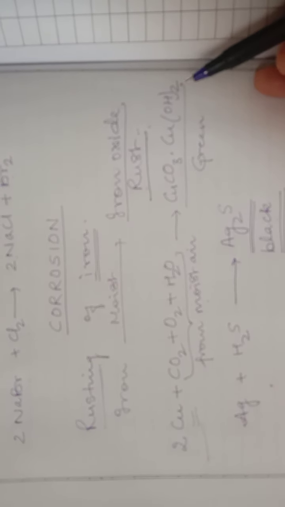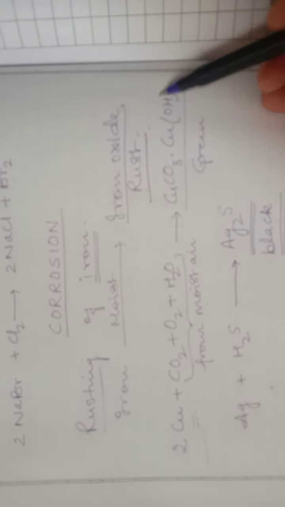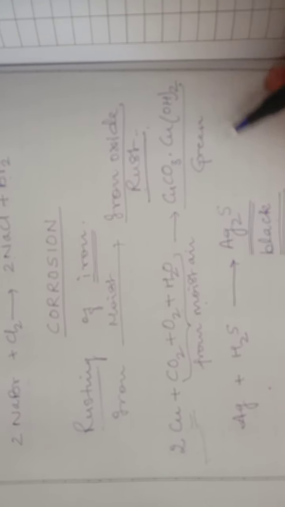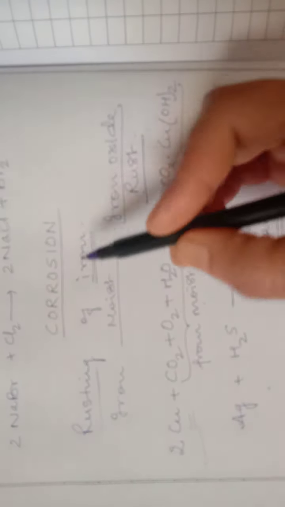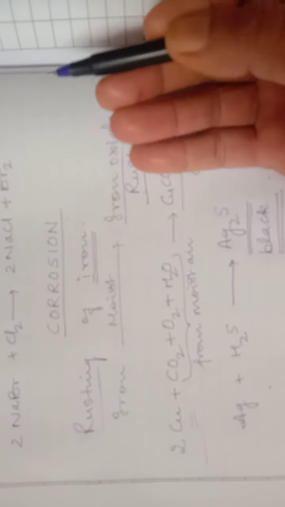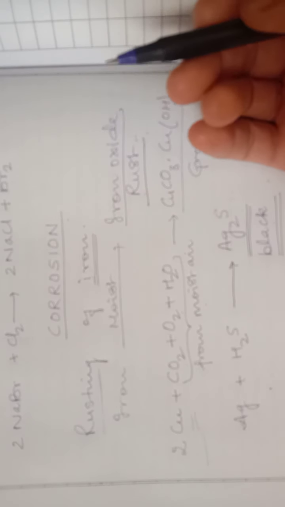In exams you are asked about these also, the color of rust, or this corrosion of copper results in which color coating, or that of silver. So the conditions for rusting are presence of water or presence of moisture and presence of air or oxygen. So for other metals we use the general term corrosion. Okay, so it's just a reaction of these metals with the atmospheric gases.